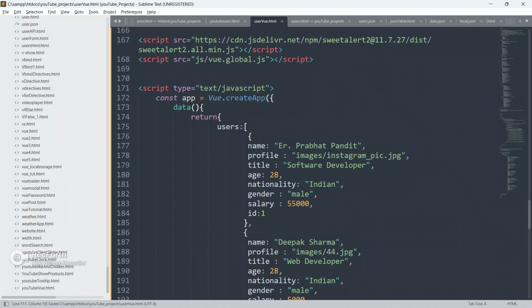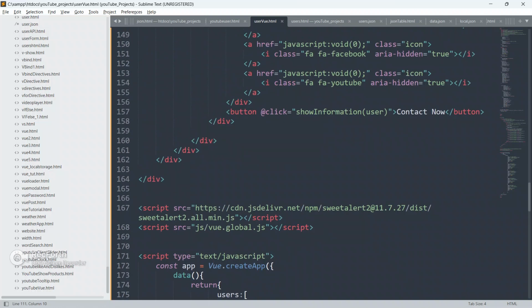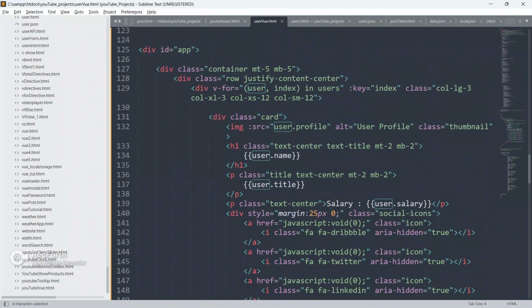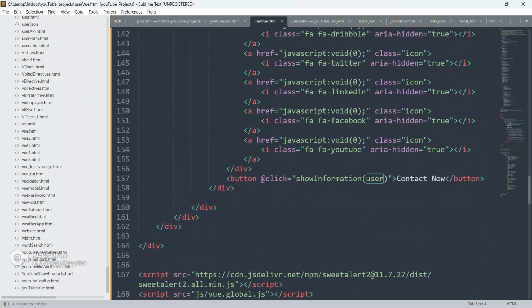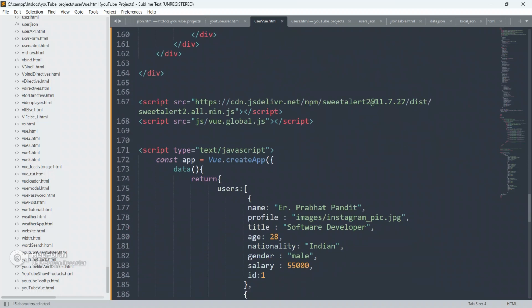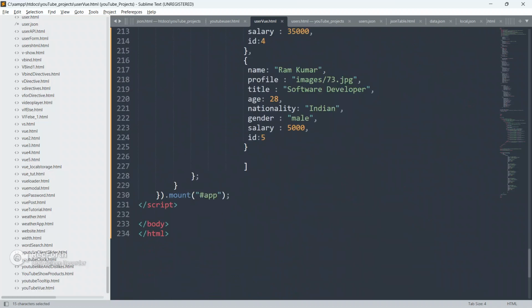Okay, so now go to the code editor, and I'm gonna create a method, because I have already passed the entire user object guys in the function show information. Okay, so this entire user object is passed in this function show information.